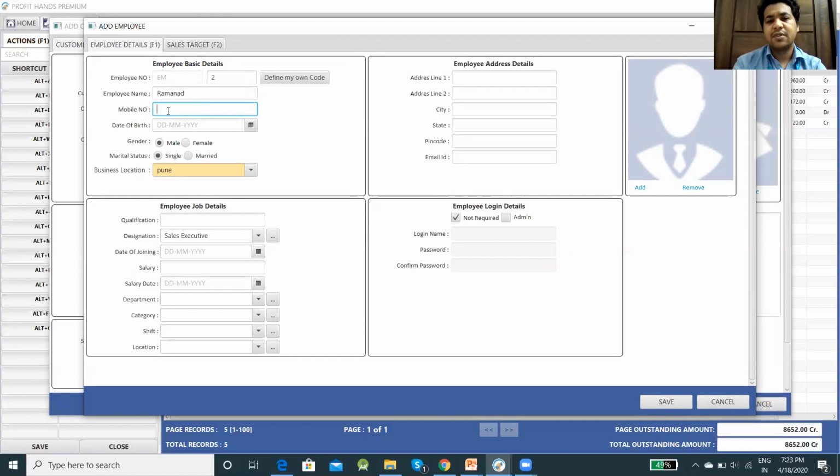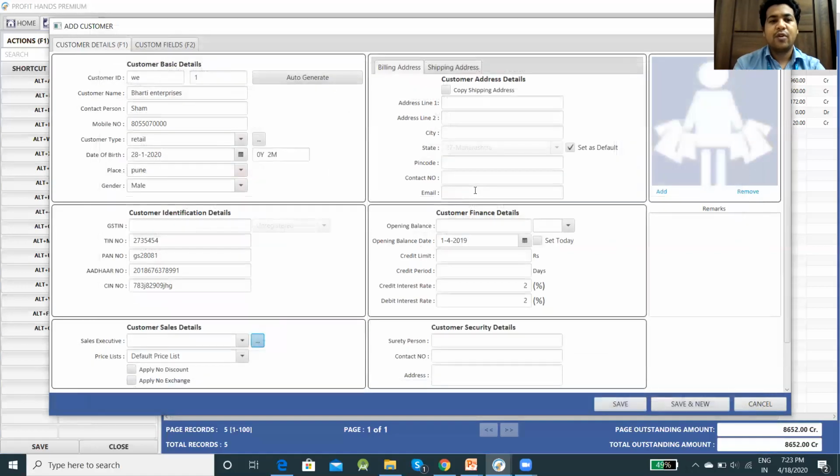Give the details as per your requirement and you can save this. So employee is added over here and you can select the same employee. So in this way you can assign a sales executive to that particular customer.